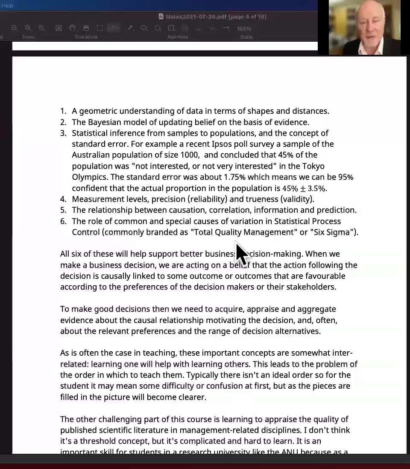And once we've calculated that standard error, we can do another calculation and come up with something where we can say that we're 95% confident that the proportion of the population that's not interested in the Olympics or not very interested is 45% plus or minus 3.5%. That's the basic mechanics of